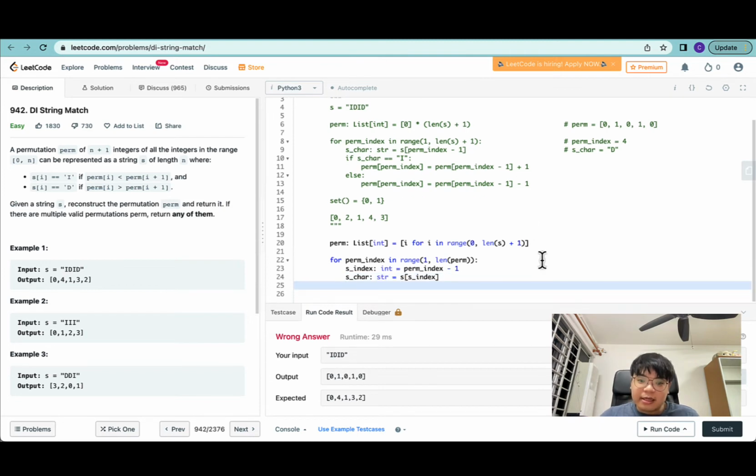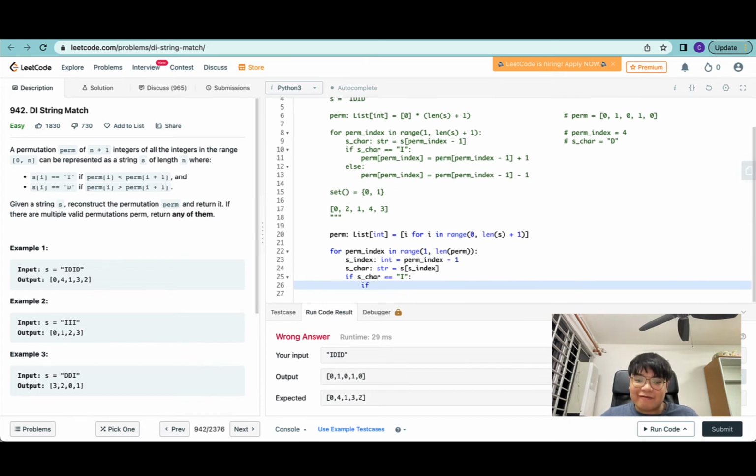And if S char is equal to I, then we will do if perm at perm index is less than perm at perm index minus 1. In other words, if the current index value is less than the previous value,